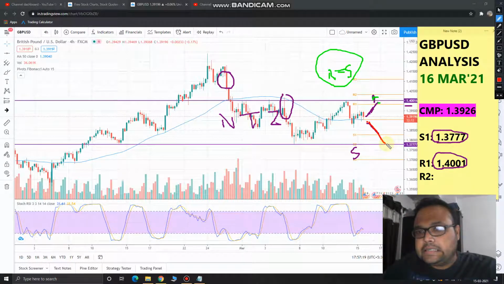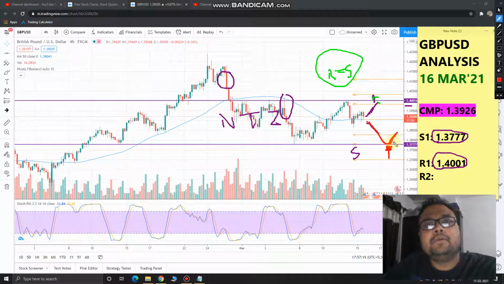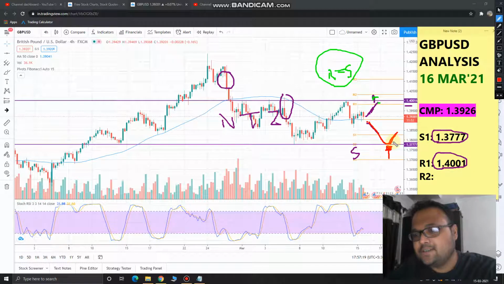If you see that price is about to bounce from here, like a hammer kind of pattern or a big green candle, and price is ready to bounce back from here, just try to understand the market psychology. If you see that bulls are back again,